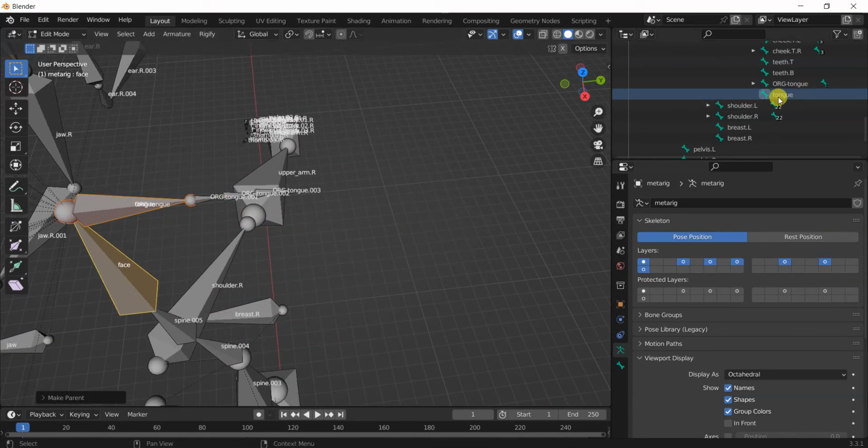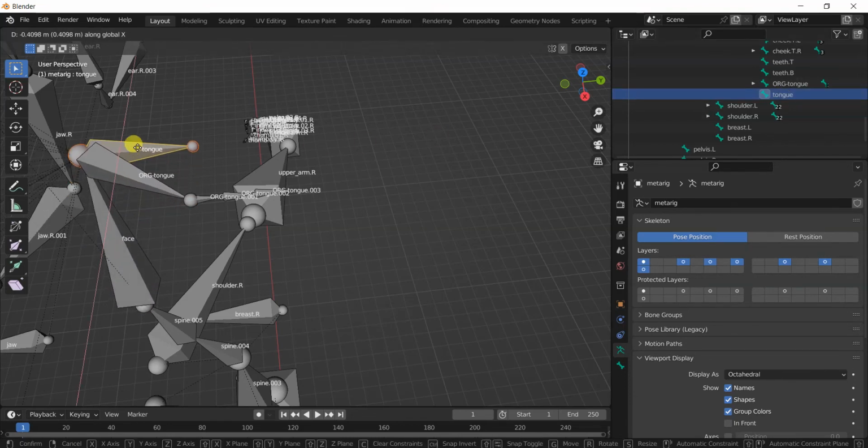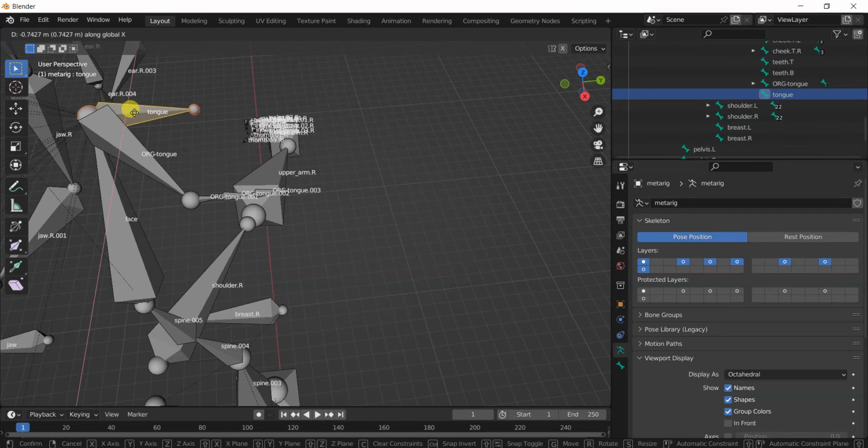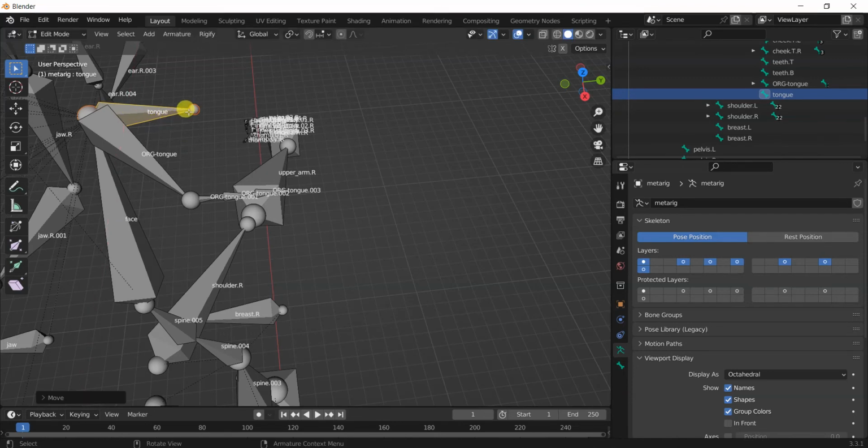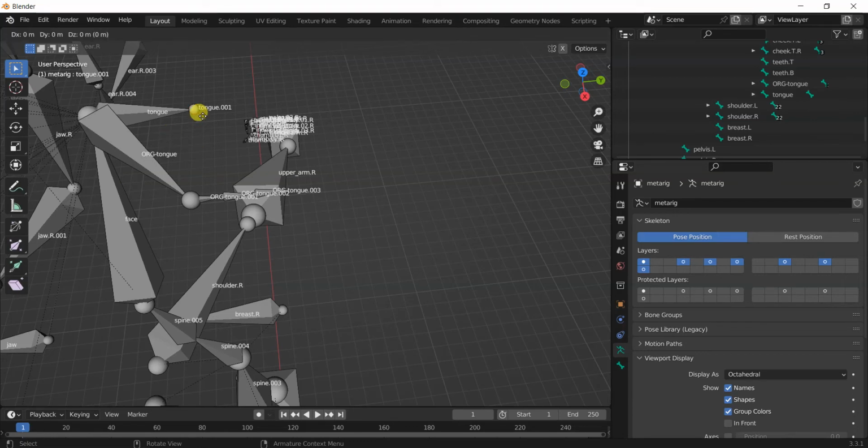How about I select this, I'm gonna grab it on the x-axis. Alright, you can fix these locations later, I've been telling you. I'm gonna extrude this by pressing E, Y-axis, up to where it creates tongue 003. Extrude Y and extrude Y again to tongue 003. Face rig,